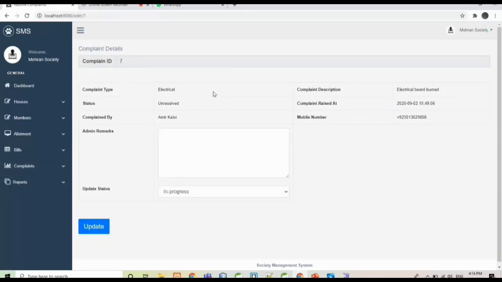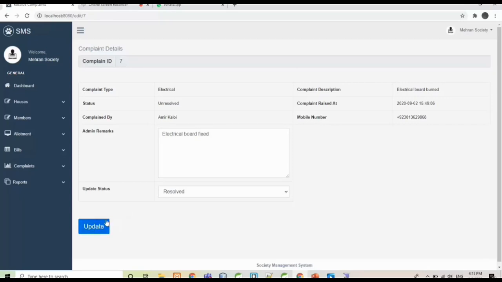The complaint is regarding electrical and the description is electrical board burnt. This was a complaint by Amir Kaloi. Let's add admin remarks: electrical board fixed, and change the status to resolved.